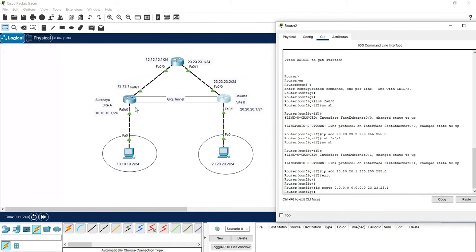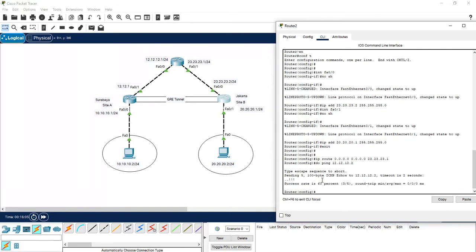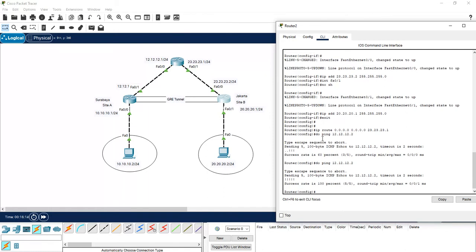Now make sure this router can connect with site B, ping 12.12.12.2. Not yet, 60%. We try again. Okay, 5 out of 5.